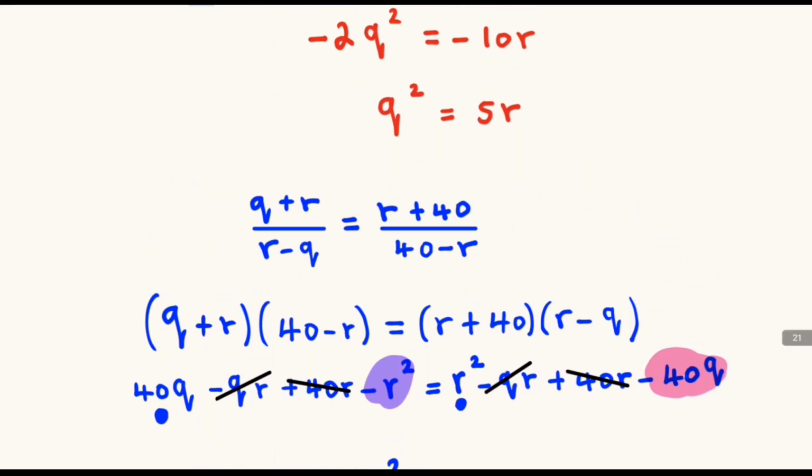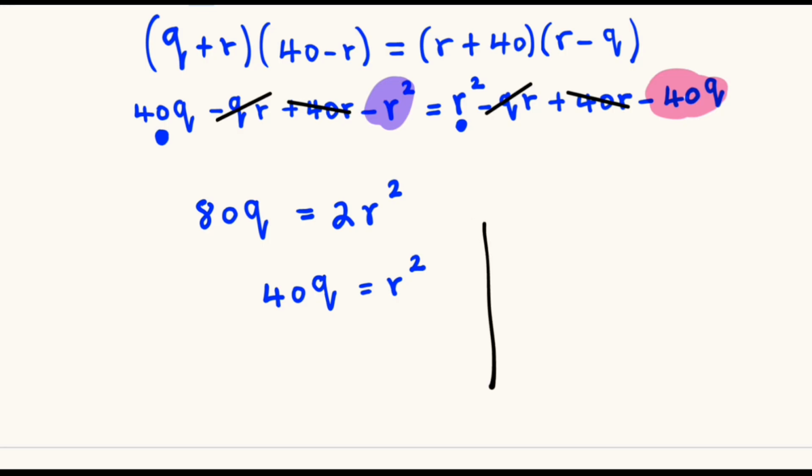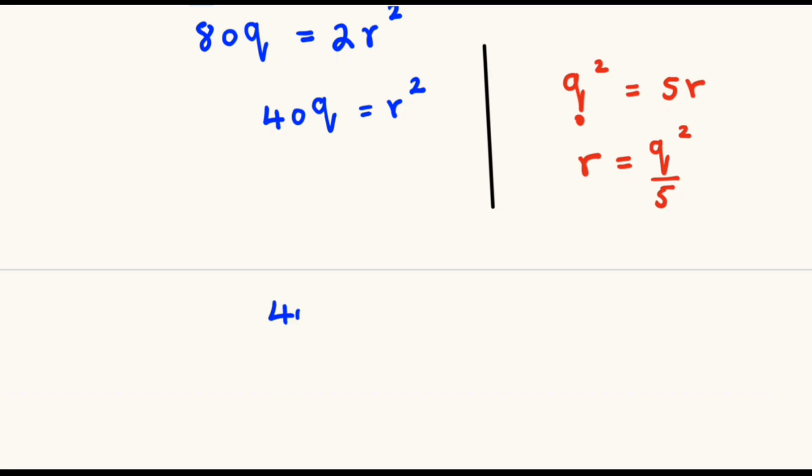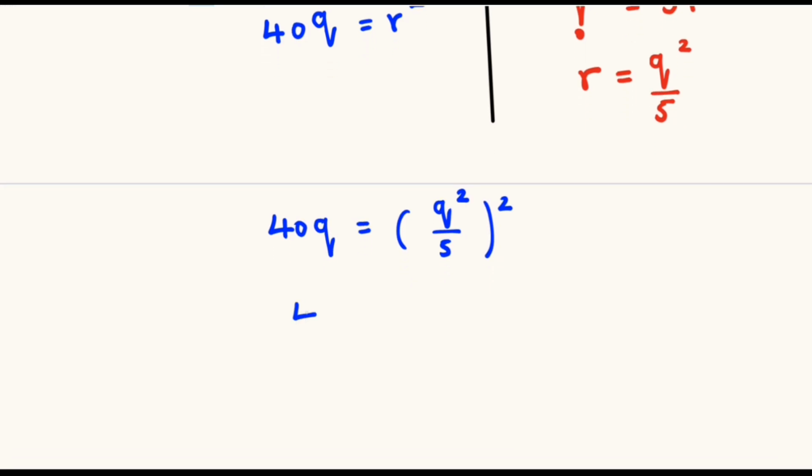We now consider this equation which we abandoned. We paste the equation and we divide the q squared by 5, and our r will be equal to q squared divided by 5. So from here we have 40q, and in the place of the r we are going to substitute the q squared divided by 5, but the r was squared, so this will also be squared. So 40q will be equal to q to the power 4